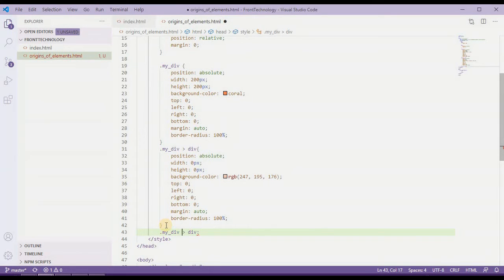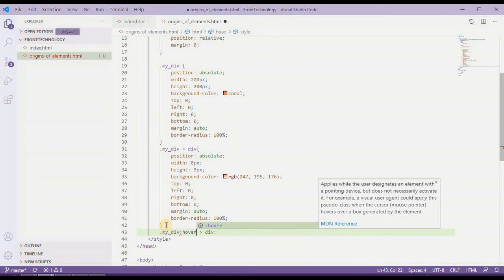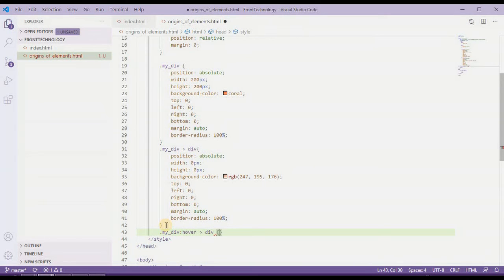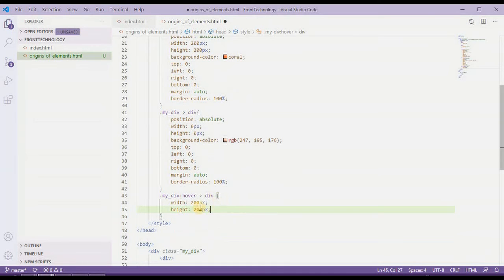So when we are hovering on the parent element, I'll provide this hover over here, and then I want to increase this width and height to something like 300 pixel, and height we'll provide only 200 pixel, and then we need to check the effect, but let me first go to our browser and check how it is happening.